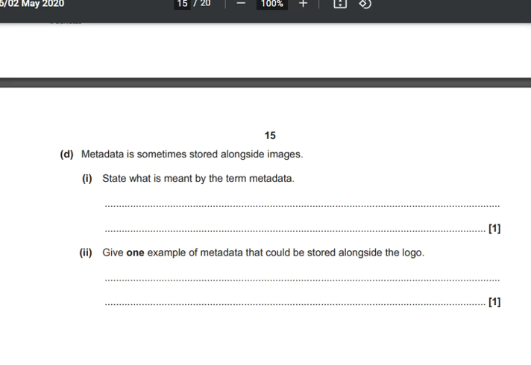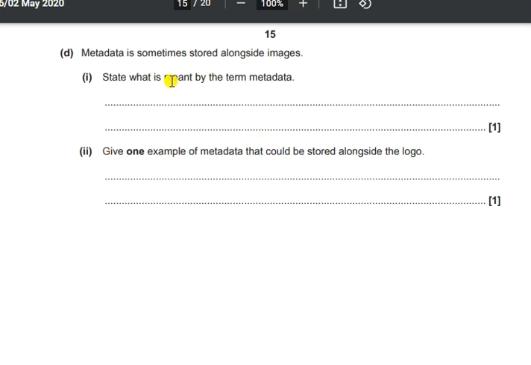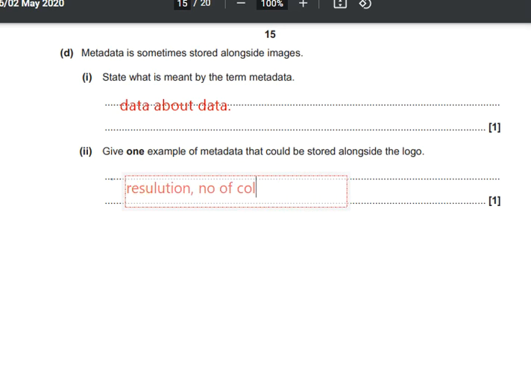Now let us look at the next part. In the next part, they are asking us what is meant by metadata. Metadata is data about data, and it is used for understanding our given data in a better manner. Now one example of metadata in this logo picture is, we can store the resolution, we can store the number of colors, we can store the height of the image, then the width of the image,